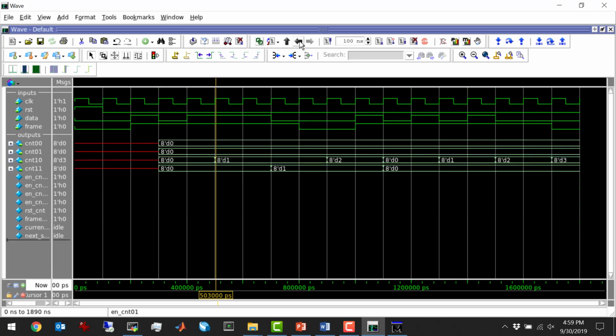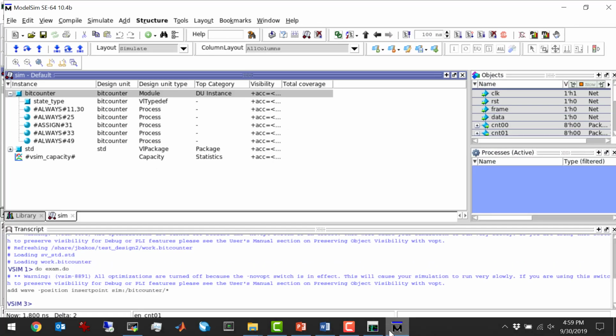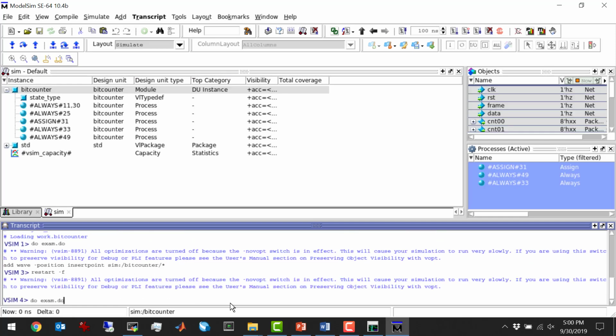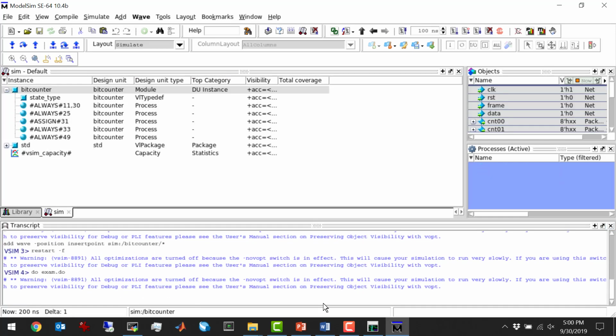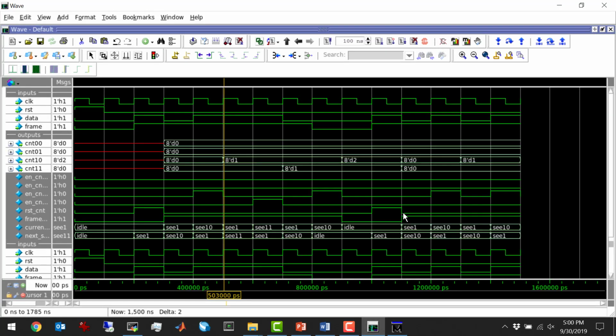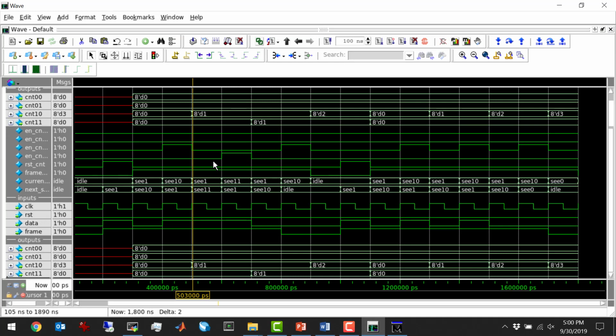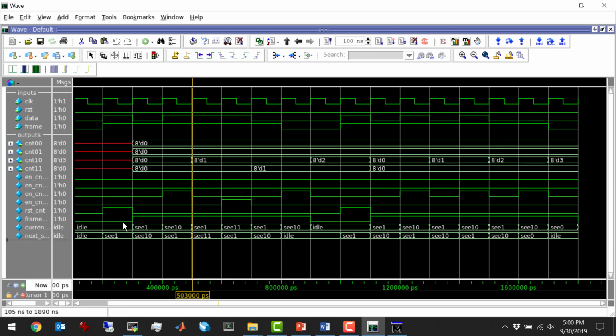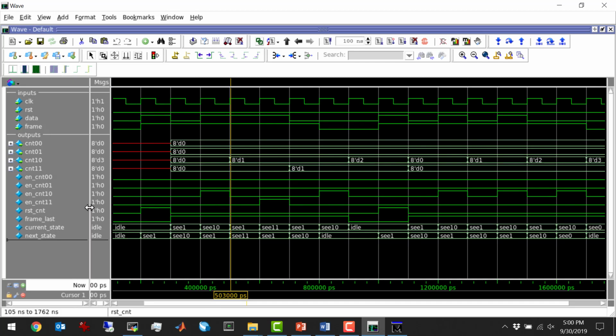Okay, so I'm going to restart the simulation, and then do exam.do. Now one of the problems with using a do file is that because the do file adds all the waves, it added all the waves again, so I have to delete them. All right, so let me change the size of the column that shows the signals so we can read them. Okay, so you can see I've got current state and next state, and also I've got the frame last signal,